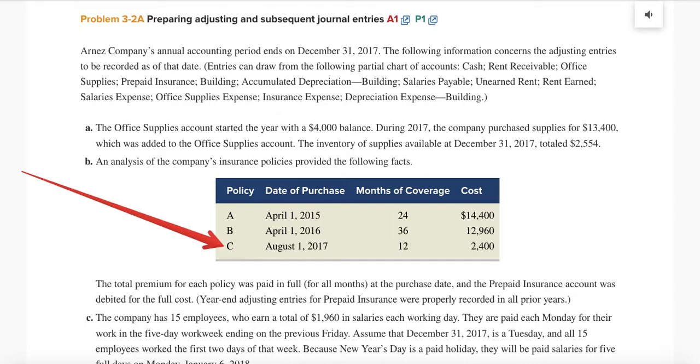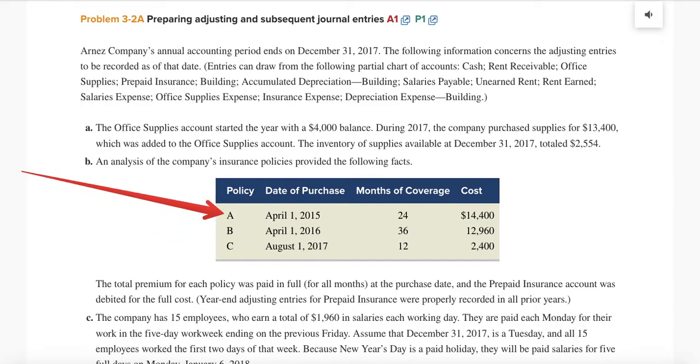And that may seem like a lot to you guys, but that's actually very normal for most businesses. And in fact, a lot of times businesses have even more insurance policies than that. And actually, individuals, meaning people, adults, myself, probably your parents, and someday you, are going to have multiple insurance policies. So for example, I personally have an insurance policy for my car. I have an insurance policy for my house. And I have a life insurance policy for my life. So if something happens to me and I pass away, my family, my kids will have enough money to survive. So businesses do the same thing, okay?